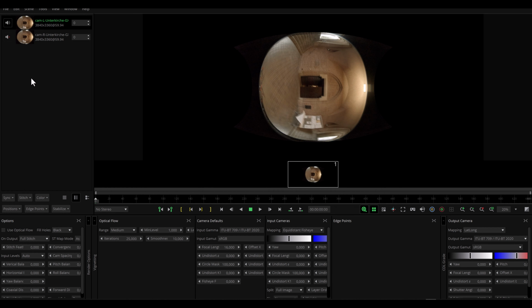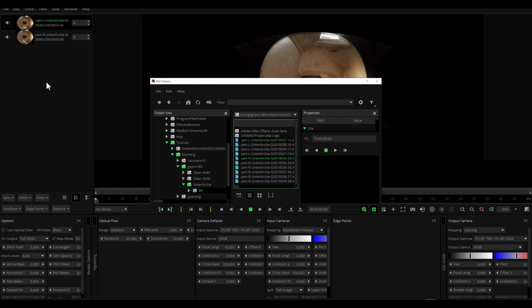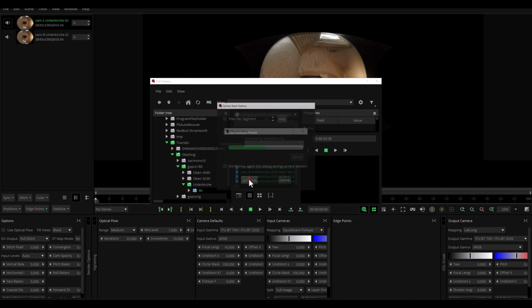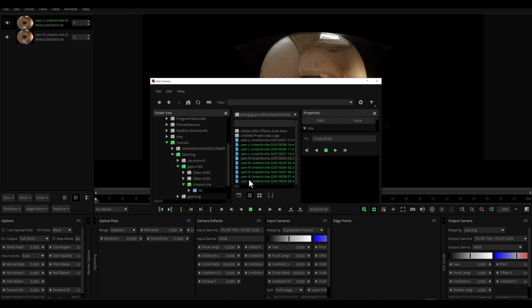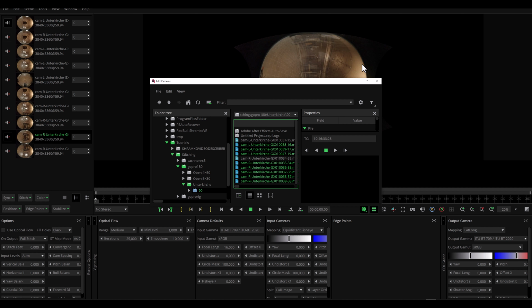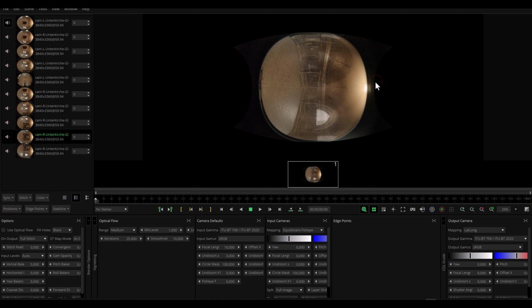And then right click here and add other cameras which help us to creating a 180 3D template. Import, continue. Okay,